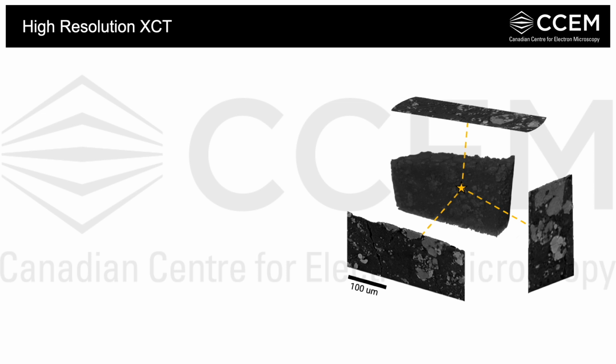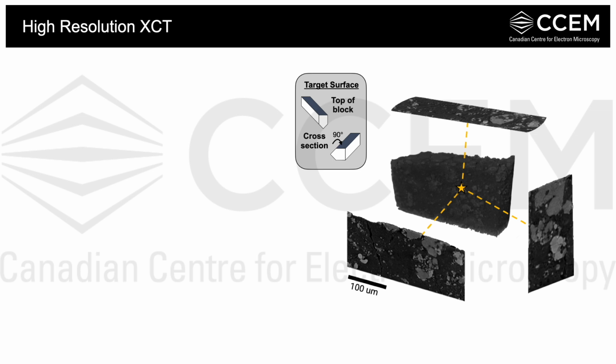With this resolution, we can now better resolve the shapes of our smaller clasts and even begin to resolve some of the smaller grains within these clasts. This is because we've mounted our sample block onto our custom half grids that are designed to enable an unobstructed 360-degree view and allow us to bring the detector of the XRM closer to our sample. The benefit of having our sample as a protruding block is that we can either target the top of the block, or we can rotate it 90 degrees to target the cross section.